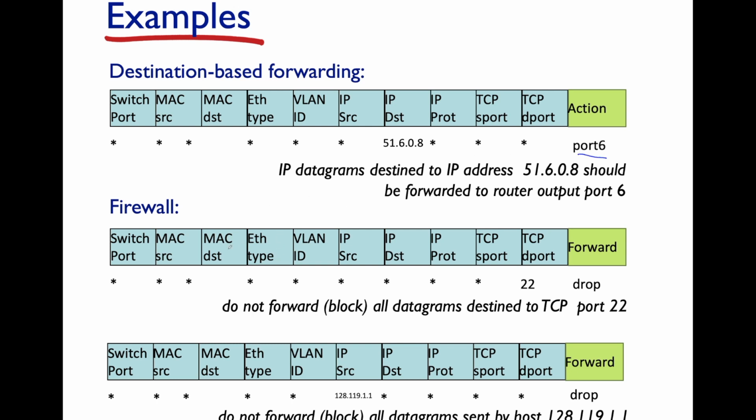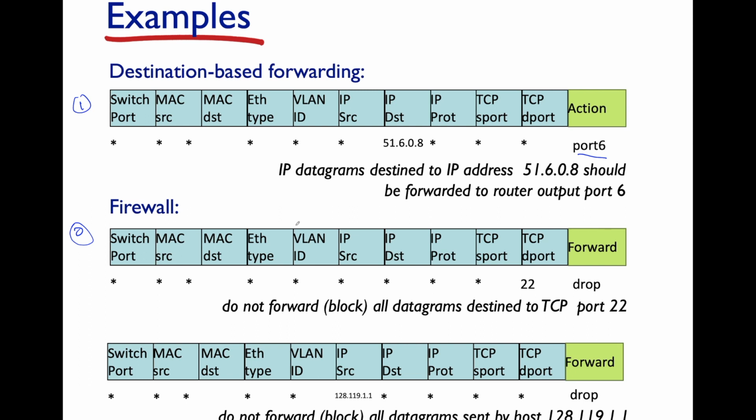Now, the next thing you can do with this flow is implement firewall behavior to block certain traffic. We have forwarding based on the destination, and we have firewall behavior. This firewall behavior says, if your destination port is port 22, drop the packet. Don't allow that traffic in. And so here you have two drastically different behaviors, regular routing behavior in this first example. You have firewall-like behavior in the second example, just by tinkering with different bits of this flow table's pattern matching